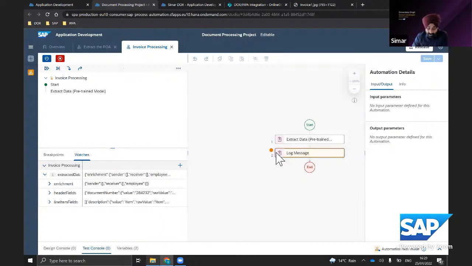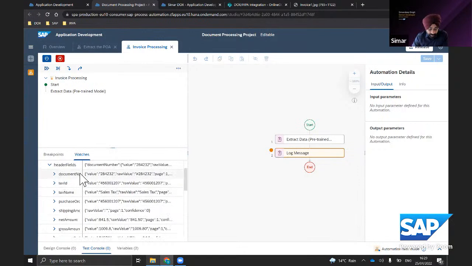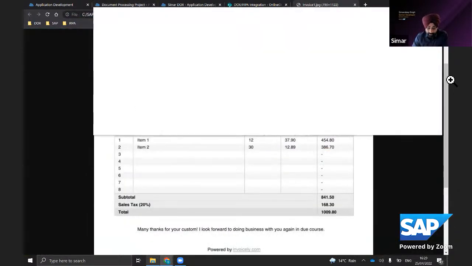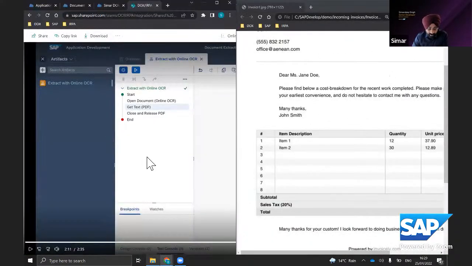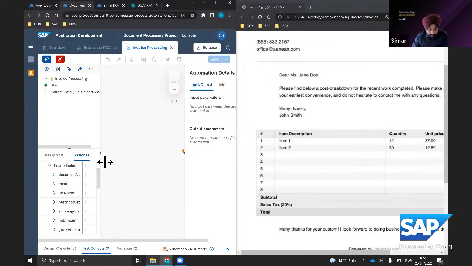It stopped at this point because we have a breakpoint. Let's look at the data being extracted. Here you have the document number, tax ID, tax name. Let's compare a bit. Okay, let's check what is being extracted from this document.